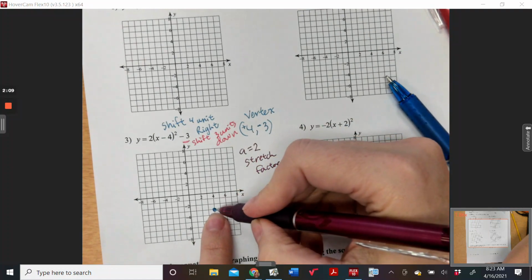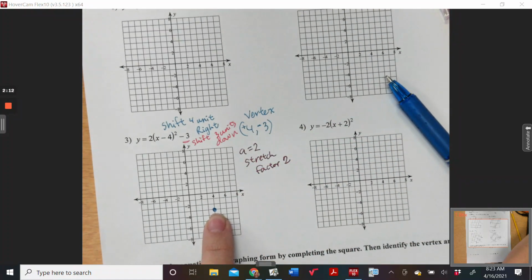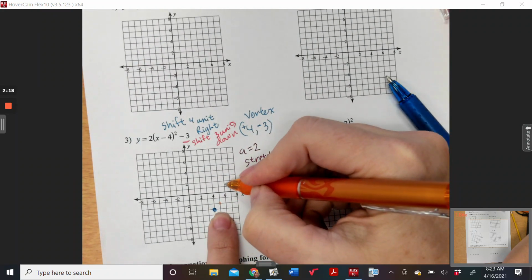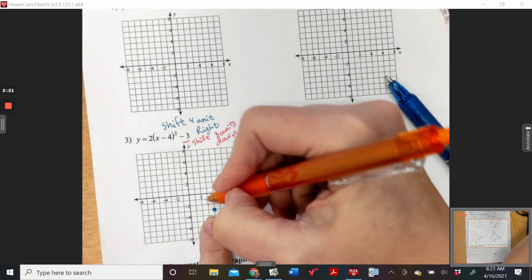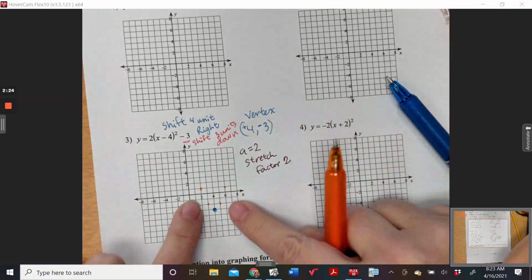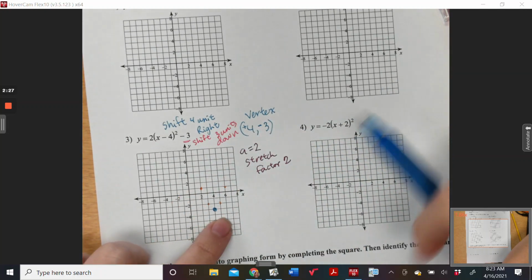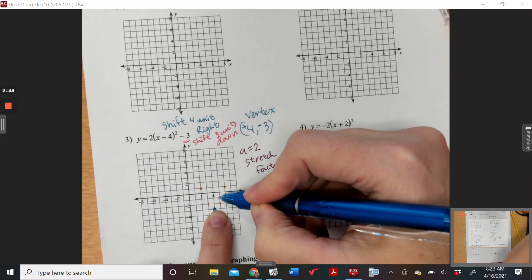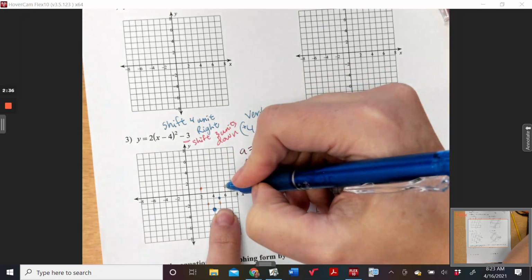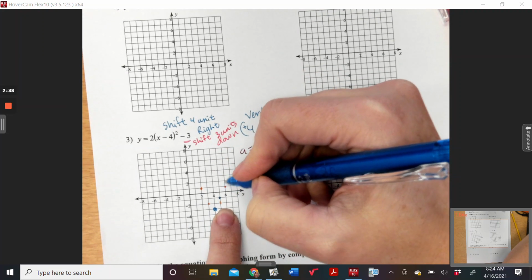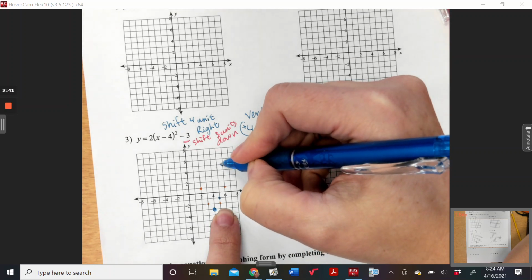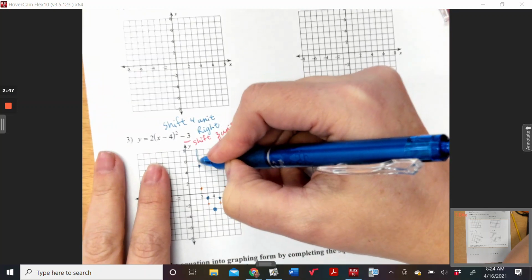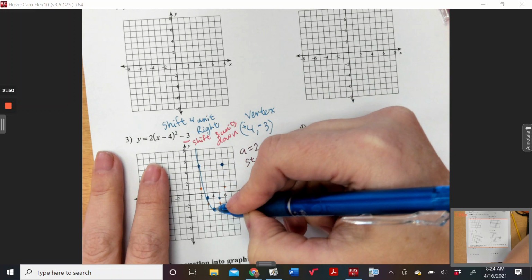So I'm going to start at this dot, and normally my normal dots, which I will do very lightly in this lovely yellow color, would go 1 and 1, 2 and 4, 1 and 1, 2 and 4, like that. That's my normal dots. But with a stretch factor, I need to take this dot, and instead of going up 1, I'm going to go up 2. And instead of going up a total of 4, I will go up a total of 8. So it's right there. And then this one's here. This one is also doubled, making my parabola very skinny,